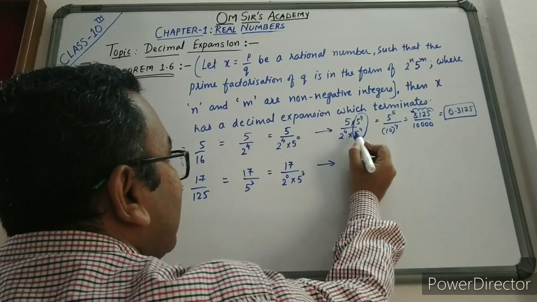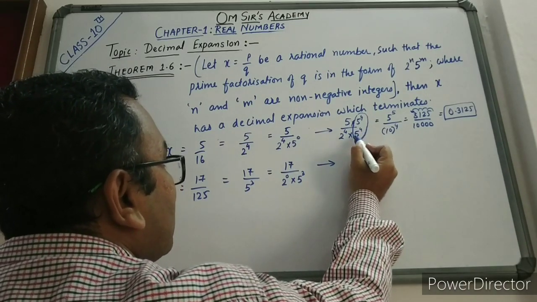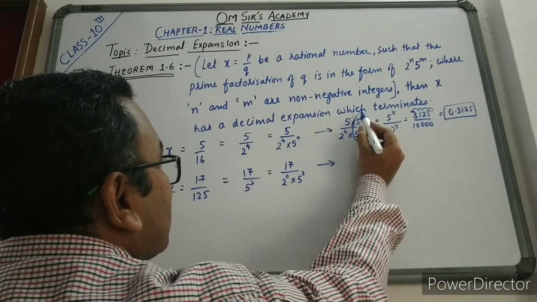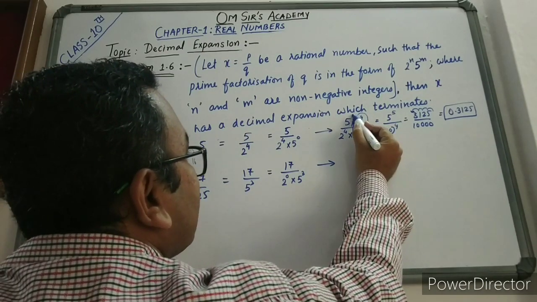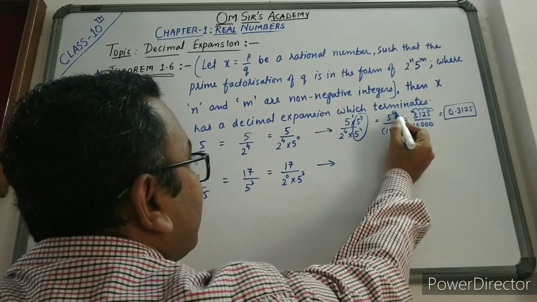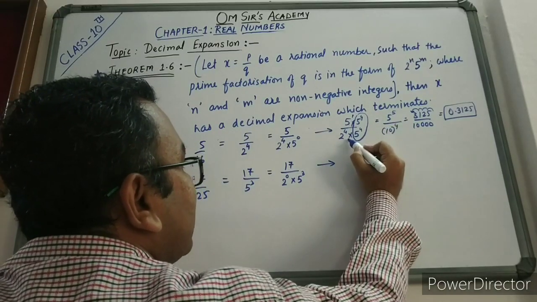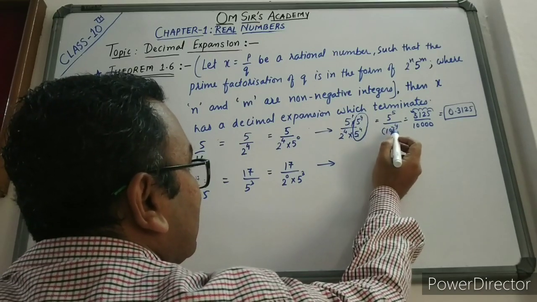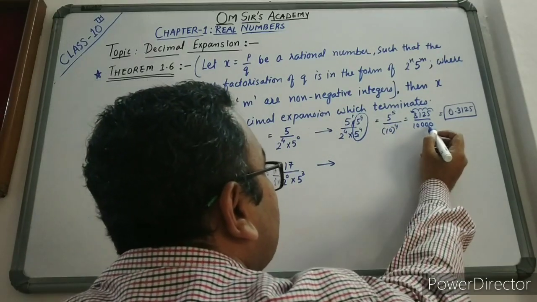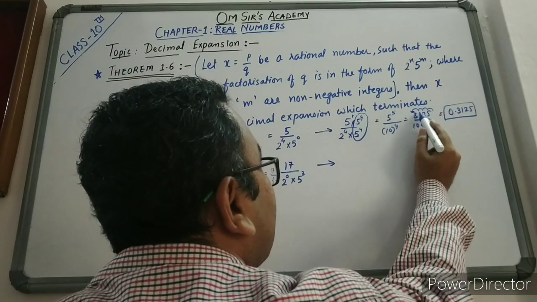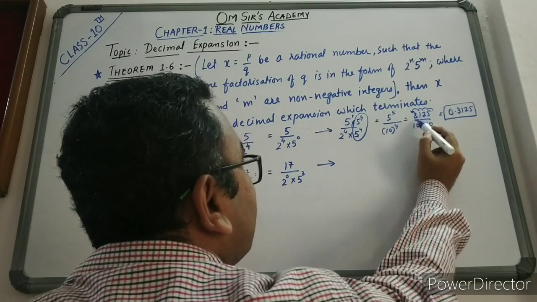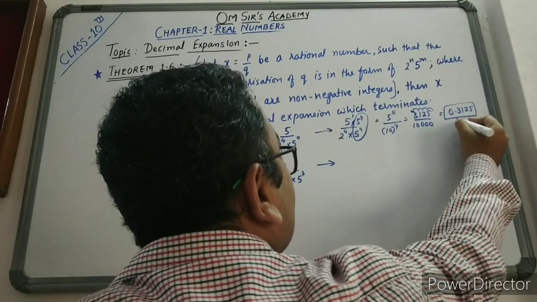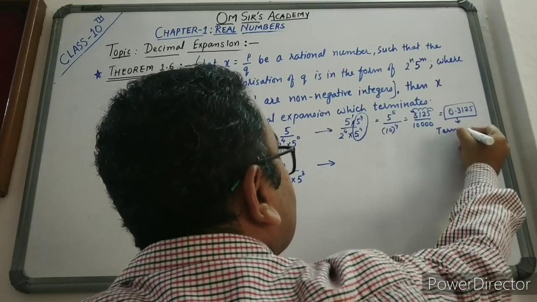So for that, what have I done? I multiplied 5 raised to 4 on the denominator side as well as on the numerator side. So it will be 5 raised to 1 into 5 raised to 4, that is 5 raised to 5. And in the denominator, what happened? 2 fives are 10, whole raised to power 4. So it will be 10,000 and the upper part will be 3125. So 3125 upon 10,000 is 0.3125. This is your terminating decimal expansion.